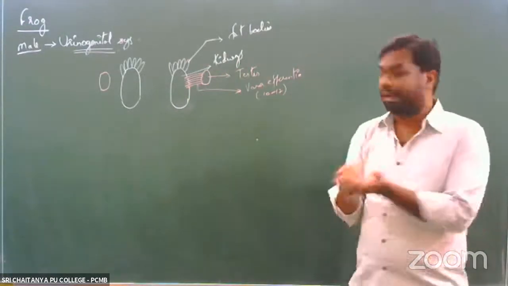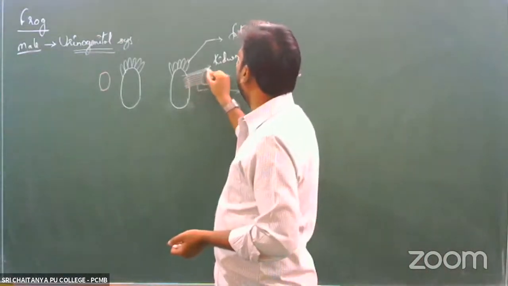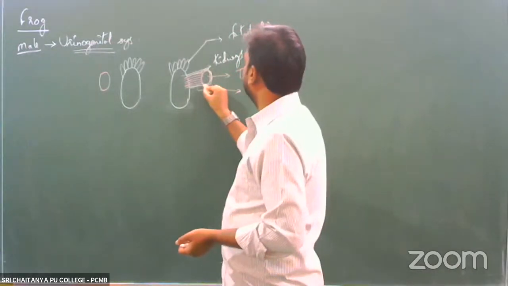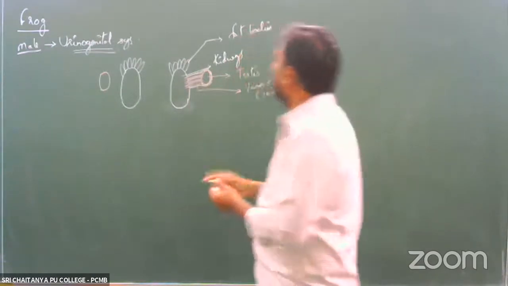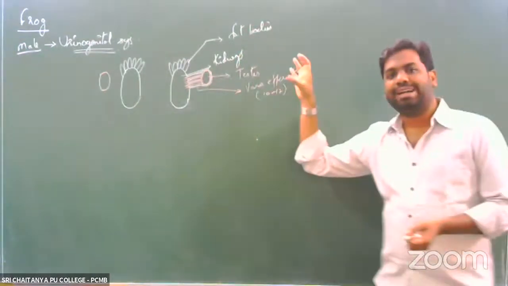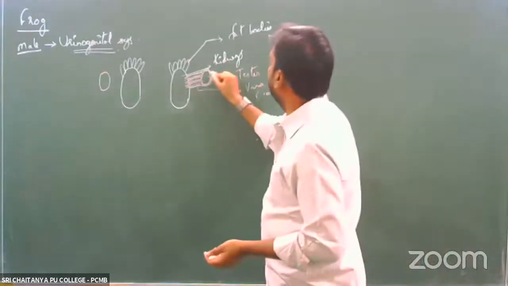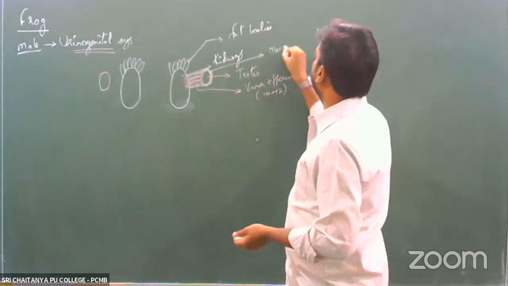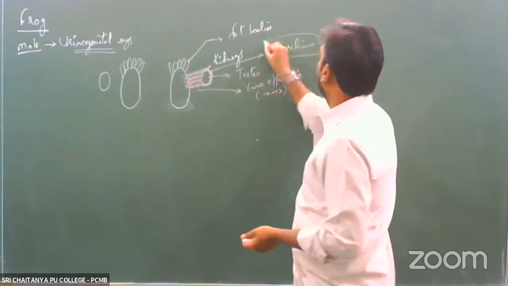So how exactly are they attached? They are attached with the help of a double membrane peritoneum, right, which would hold the testis with that of the kidneys. And this double membrane peritoneum, what we have drawn here, is called the mesorchium. Right, so this is one important term that you need to remember.